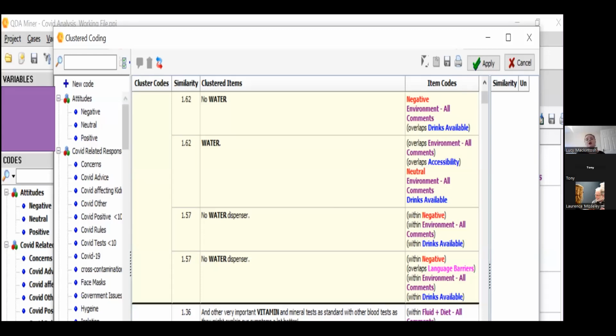As you can see, there are slight differences with "no" being added or more specifics being added. So depending on what level of coding you wanted to do, whether you wanted to be specific or whether you could group them, depends on whether you cluster the coding together. Any codes you put under cluster codes groups all the comments contained in that, whereas the right-hand side only codes based on that individual comment.